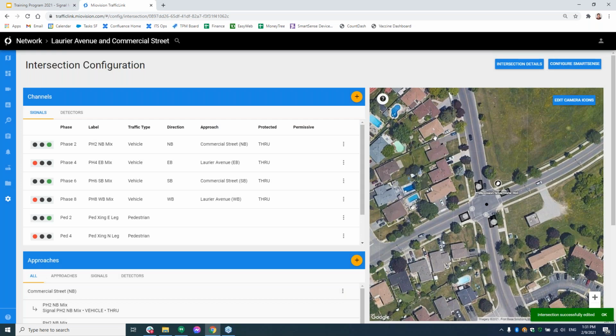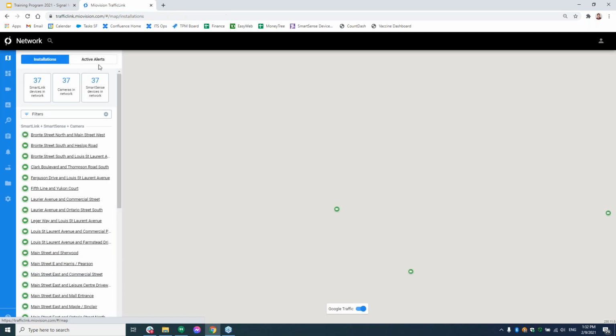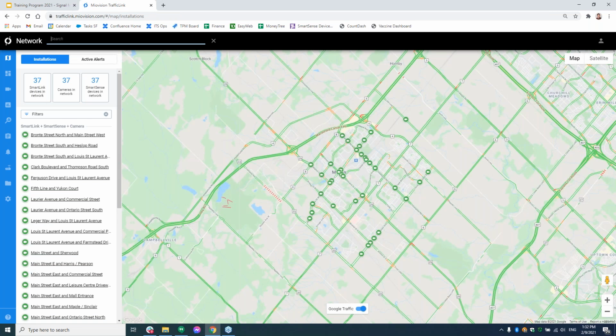Now this has that ID, so I can use that in a couple ways. One that's super helpful is through our API. If you're pulling data and you don't want to necessarily use a complex intersection ID that you see up here in my browser, but you want to just make a simple number, a simple ID, you can certainly do that. And then when I go back to the map view here, I can actually search in the top bar.